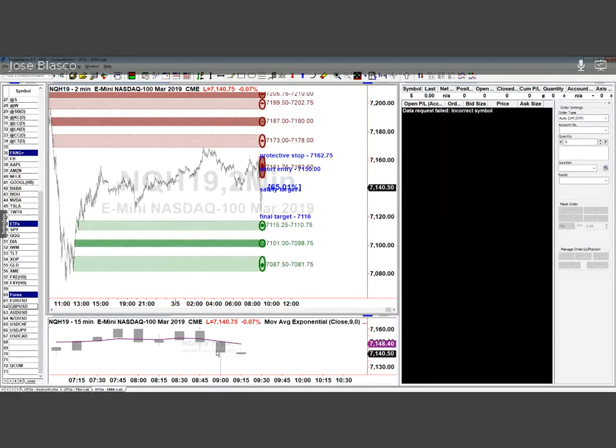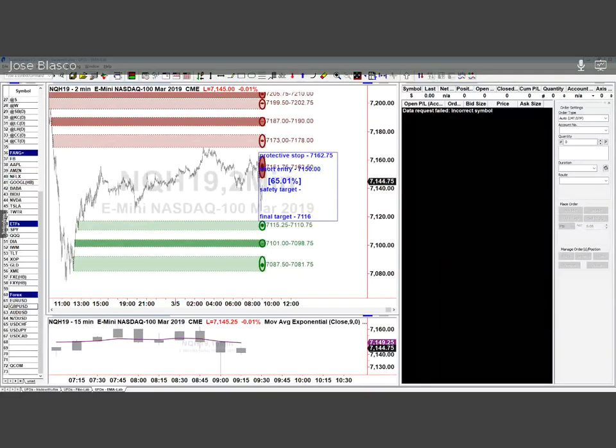Also, we just had a close, and therefore we have a new definition of the now. The now had just defined itself a few seconds ago. So now is 48.8. So again, still looking good for the plan that we had. Still the same value for the average, and if the market goes up, the average will move up a little bit. So I'm still going to maintain my entry at 71.5.